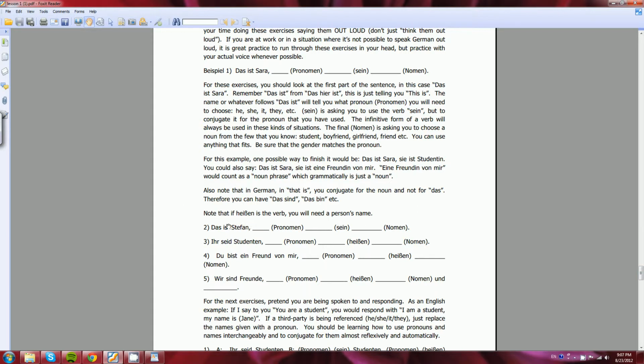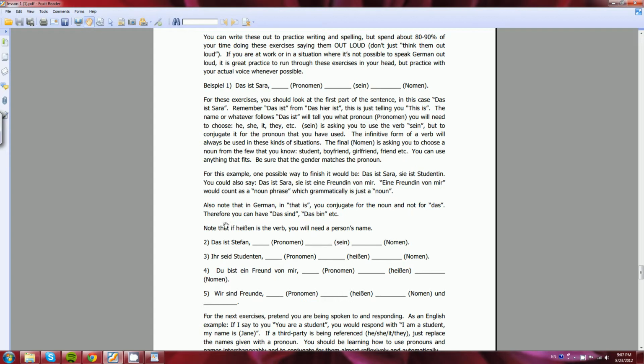So you have, again, this is really just trying to force you to realize that you probably don't know the conjugations as well as you think you do, because you really should look at the charts and stuff. But this, ihr seid Studenten,